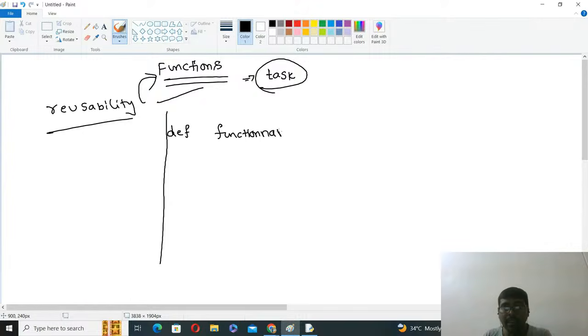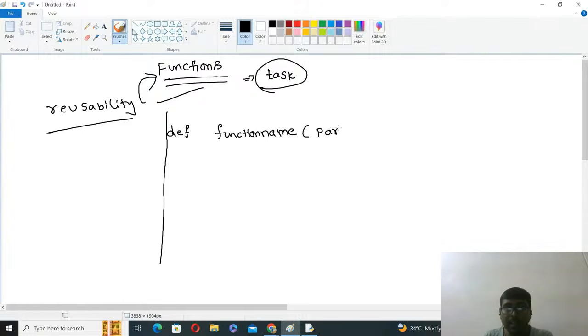Here we write the name of the function. According to the rules of an identifier, that means it begins with an underscore or an alphabet, and does not begin with a digit. Based on the properties of an identifier, you can give any name according to your requirement, followed by